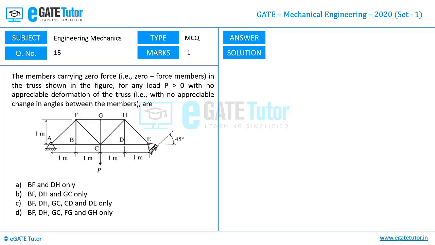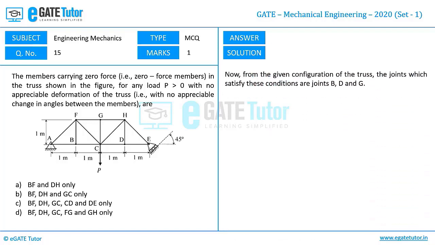force. The members which exist in the truss but do not carry any force are called zero force members. The procedure to identify any zero force member in any kind of truss configuration is to check for three conditions. First, a minimum of 3 members should be connected at a joint. Second, there should be no external force applied to that joint. Third, 2 of its members should be collinear.